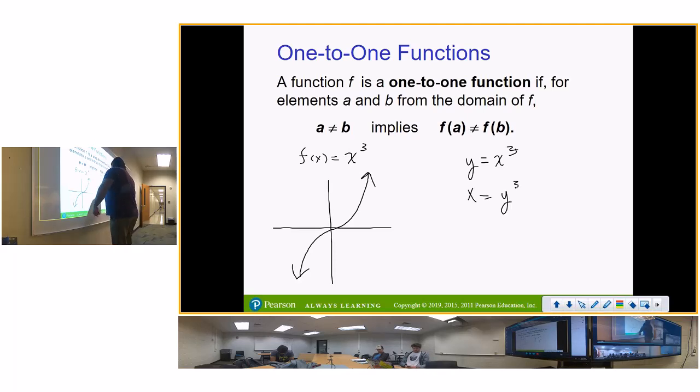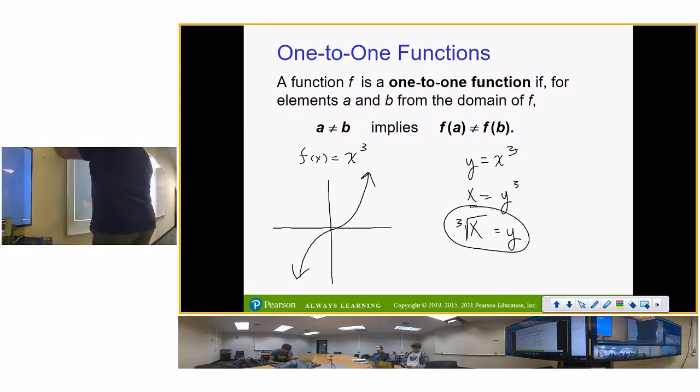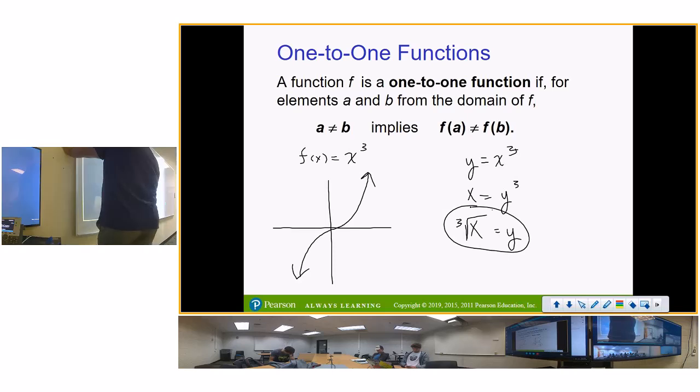And then y is equal to the cube root of what? X. And then if you graph that, you're going to get the function that looks like this, and it's going to be symmetrical with this right here. I can't remember what it looks like. We'll draw it on a graph calculator in just a minute. You could actually